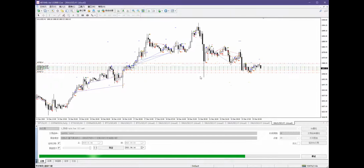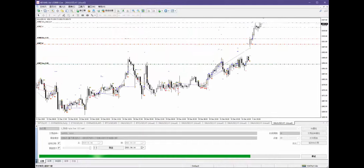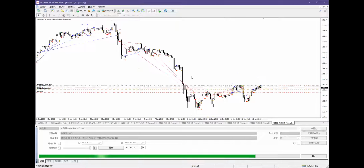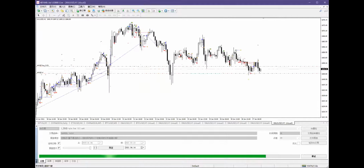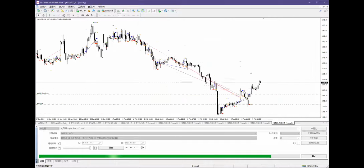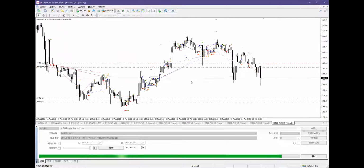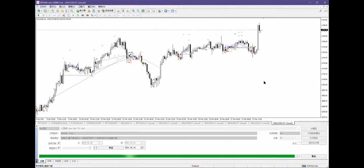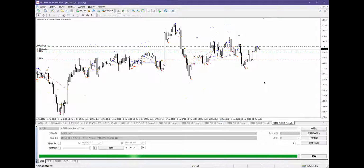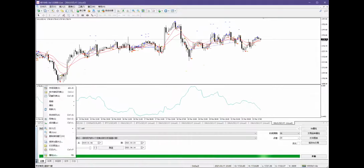And it uses the same strategy that I share with you guys every time: the pin bar, inside bar, structure breakout, trending, following the trend, picking the reversal when the peaks and low bottoms come, right? You see this. And of course there are many losing trades along the way. Okay, let's dig out